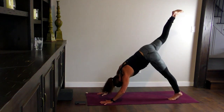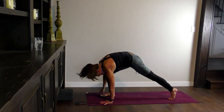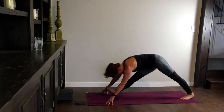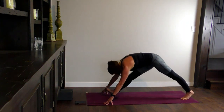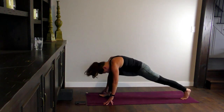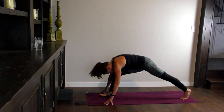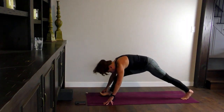Inhale, right leg high. Exhale, knee to the nose. Feel that hollowing out as you step the foot on the inside of the right thumb, and then just rock back and forth, making sure the right knee doesn't come out over your right toes. Starting to loosen up the right hamstring. Flow here. Inhale,